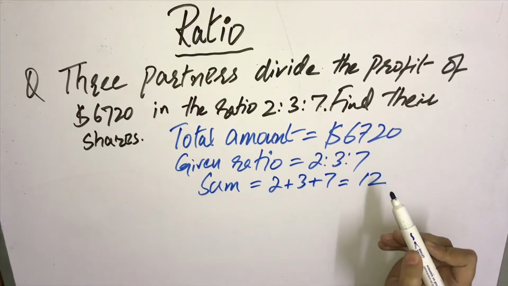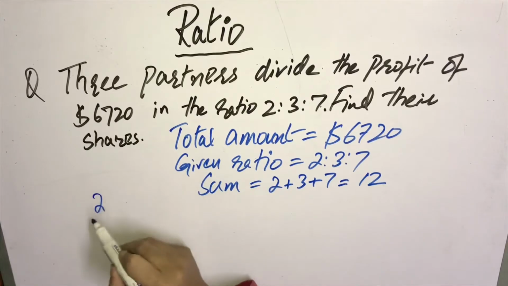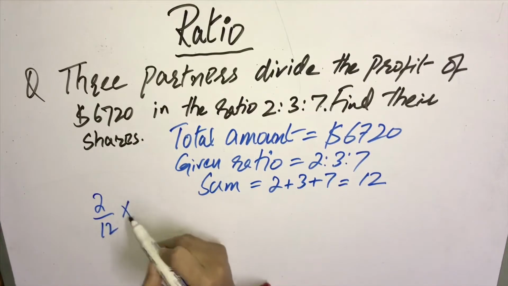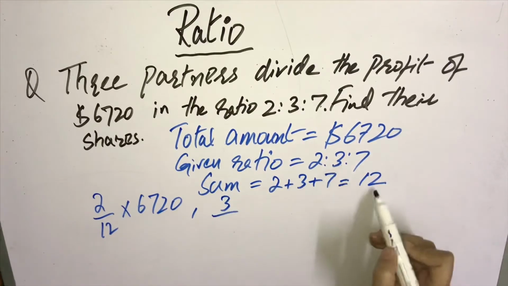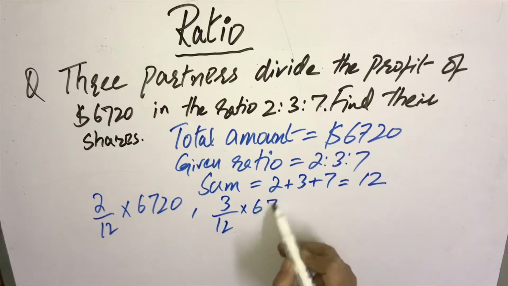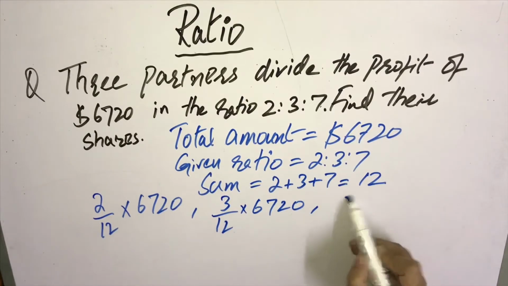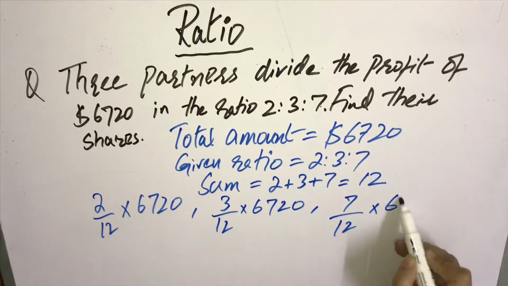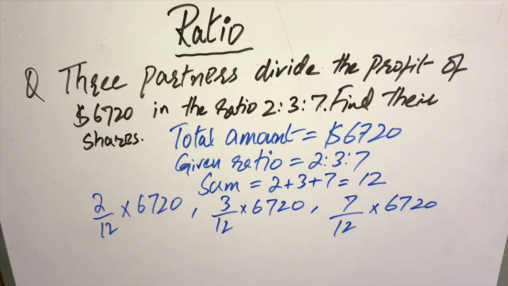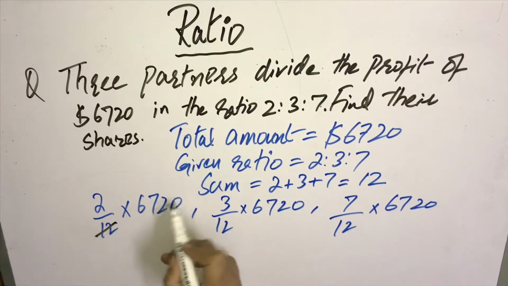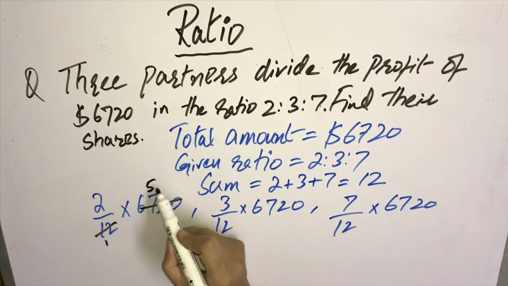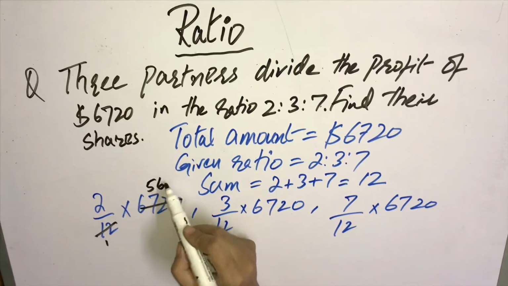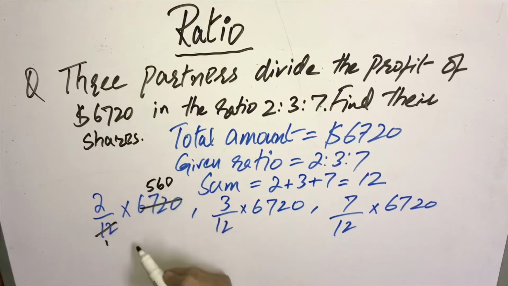We have to find their shares. How we will find? The first share is 2/12 of 6,720. The second share is 3/12 of 6,720. The third share is 7/12 of 6,720. When we will divide 6,720 by 12, we shall have 12 5s are 60, 12 6s are 72, 12 zeros are 0. The first answer will be 560 multiplied 2 is